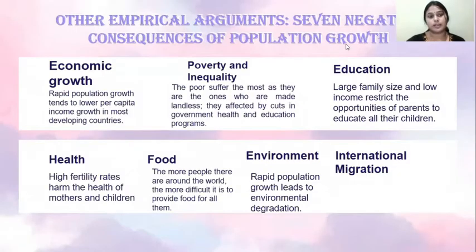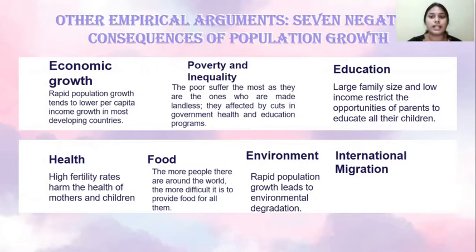The last argument is the empirical argument. There are 7 negative consequences of population growth. The first is economic growth. Rapid population growth tends to lower per capita income growth in most developing countries. The second is poverty and inequality. The poor suffer the most as they are the ones who are made landless. They are affected by cuts in government health and education programs. The third is